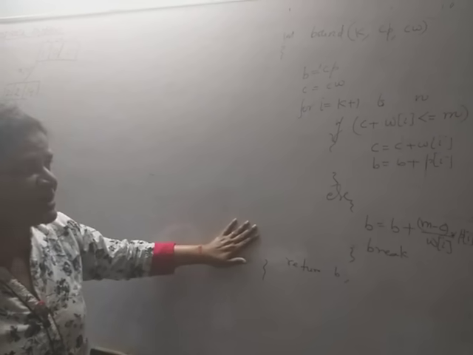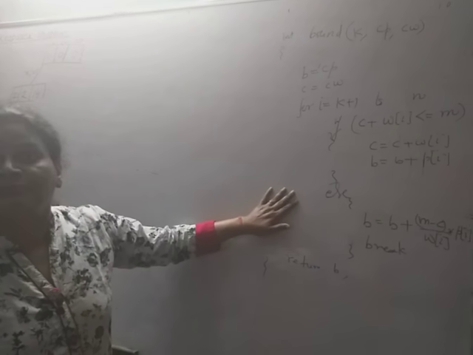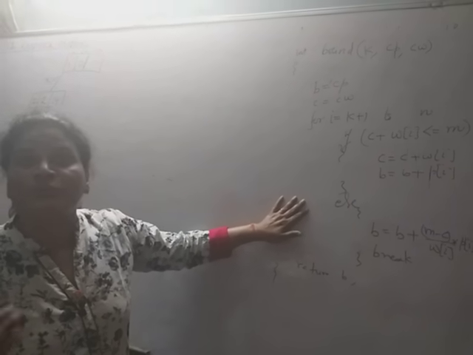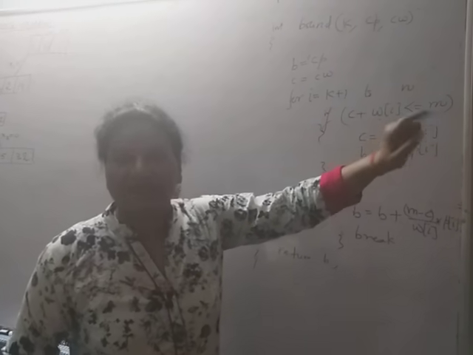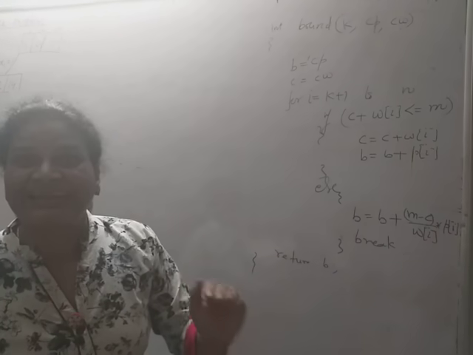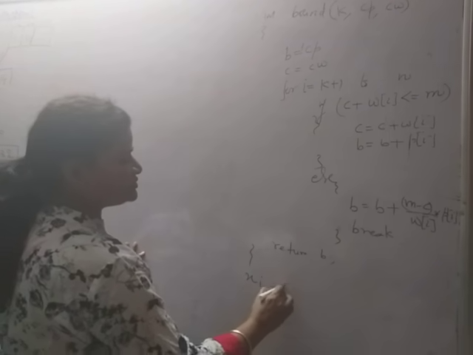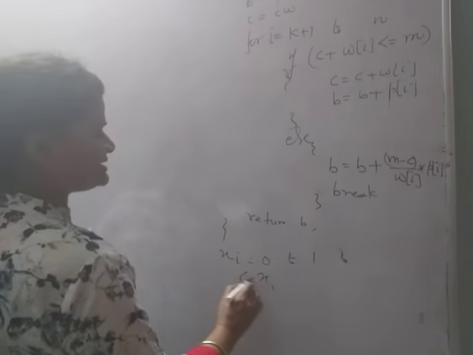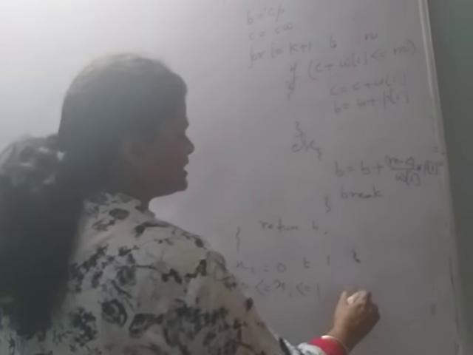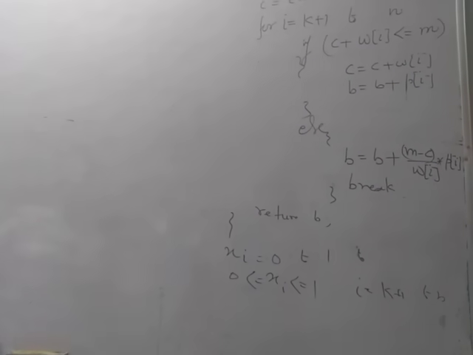Now this function will always be used for the right branch, when we are excluding the kth weight. Then from k plus 1 to n, we solve the problem by relaxing the condition xi equal to 0 or 1 to xi greater than or equal to 0 and less than or equal to 1, for i equal to k plus 1 to n. That is the function I have written here.